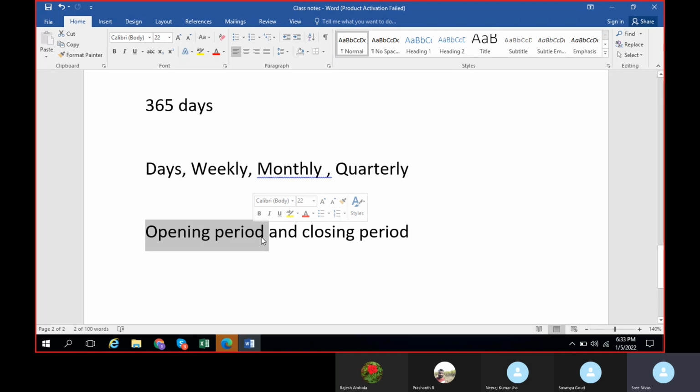The dates will remain the same, but you need a separate period to record those balances. Let us assume a December 31st closing balance. If you want to show it as the January 1st opening balance, the date January 1st is not required. Instead of giving January 1st, it will record in the opening period 0.